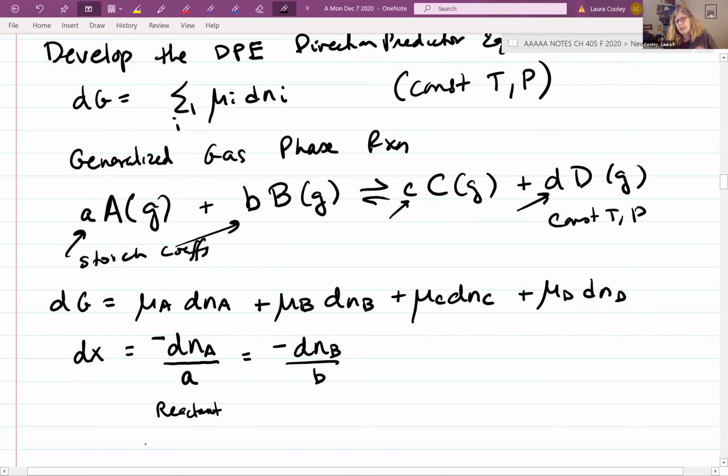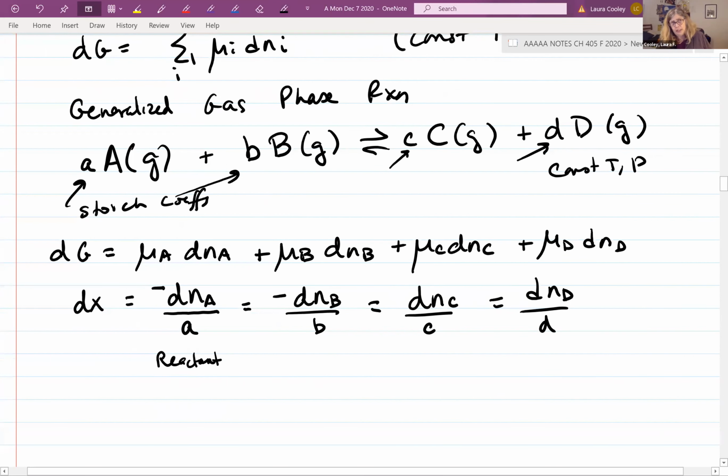Okay, so we're putting everything on equal footing by dividing by the stoichiometric coefficient, which I explained last time. For products, we just have to divide by the stoichiometric coefficient because products are forming. So the extent of reaction parameter is going from 0 to 1, so it's getting more positive. So are these things. So we don't have to bother with